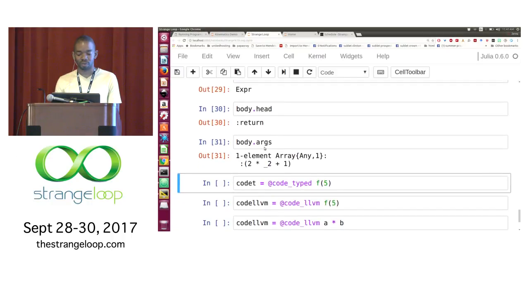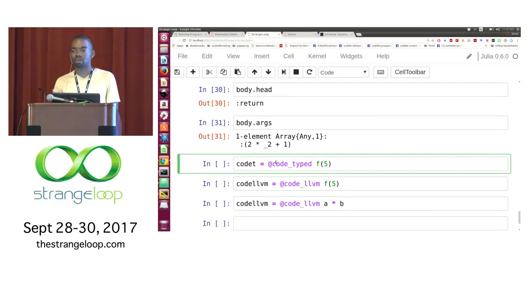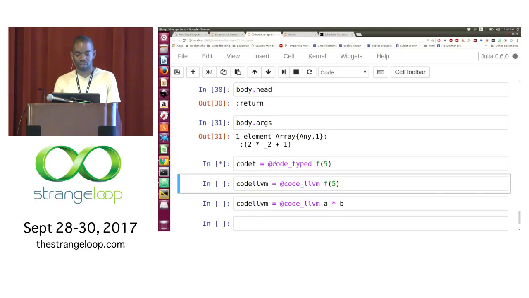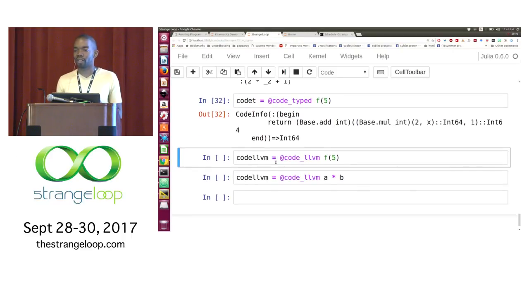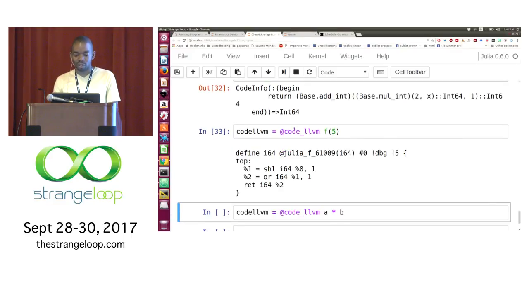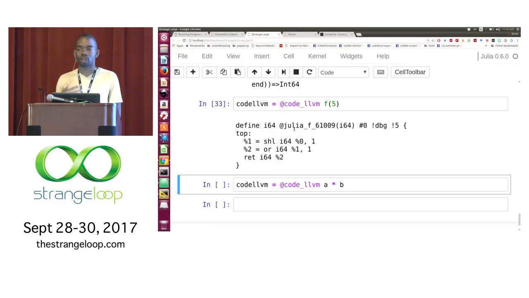I can also get the typed expression, so I can say, Julia, go and do type inference and tell me the types of things. And it'll give me back the source code, again in a syntax tree form. This is why it's kind of a Lispy language, that I can again go in and manipulate and use. I can even go in and get the LLVM, and see what is the code generated on the fly.